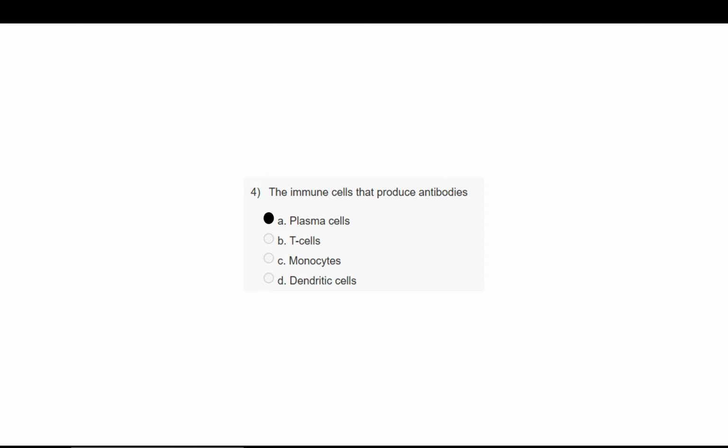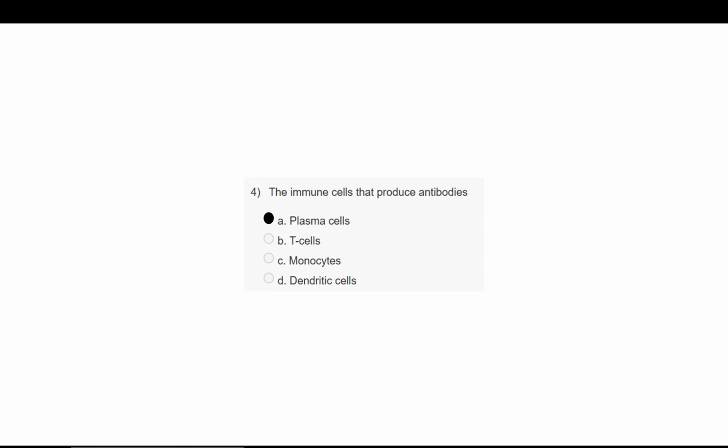So T cells, like B cells, have memory and plasma cells. T cells can mature into helper cells or cytotoxic cells. Cytotoxic cells release molecules that affect the immune response, whereas the T helper cells help the B cells to mature. Monocytes are also immune cells, but they are a precursor of macrophages.